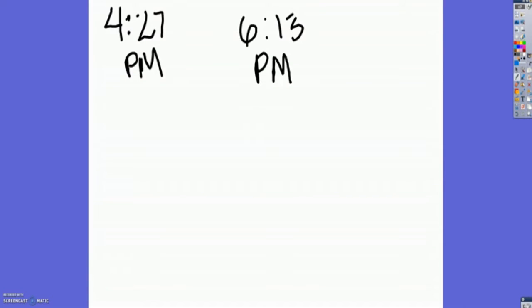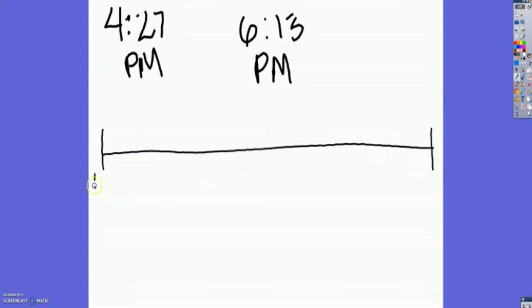Okay, so we're going to use a number line. I call this an open number line to help us find the elapsed time. And so we're going to put our start time, 4:27 p.m. on one end, and our end time, 6:13 p.m. at the other end. The beautiful thing about an open number line is that you can, I call them jumps, you can add or subtract whatever amount of time makes the most sense to you and whatever you're able to